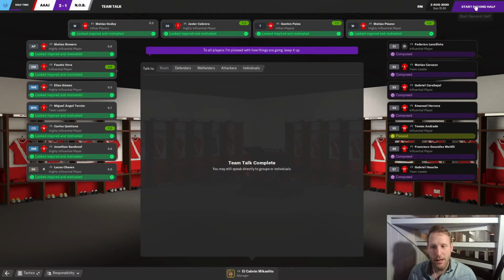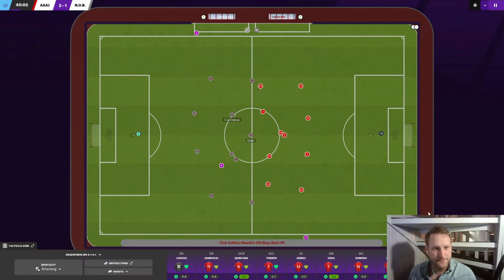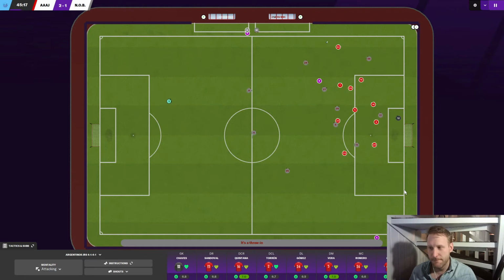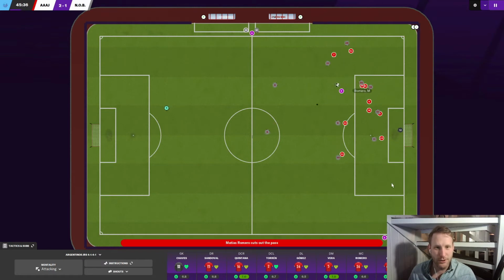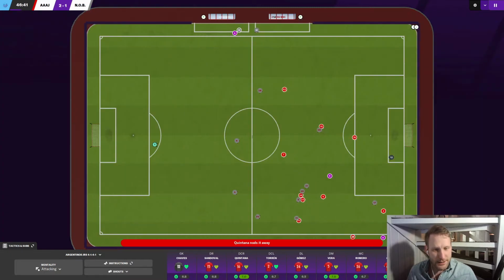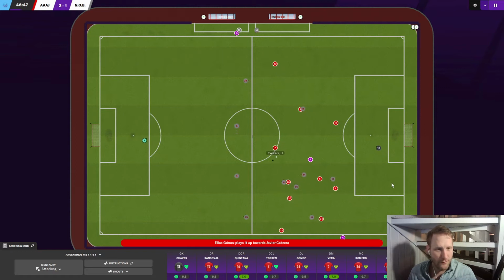I'm going to tell them I'm happy. We're in a 2-1 lead, starting the second half, and here we get to see very well how the formation looks. I'm not too used to playing with 2D. I remember I used to do it in the old games when they weren't 3D. But this could be kind of cool. I do enjoy seeing the entire pitch. It makes it easier to spot tactical irregularities. Gives us a better tactical overview.